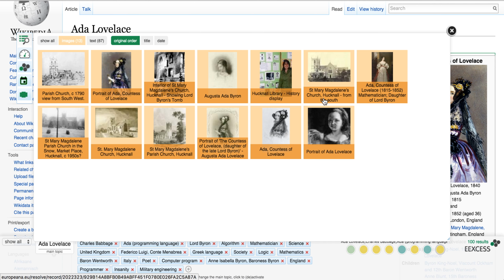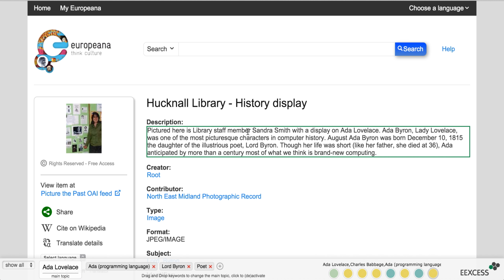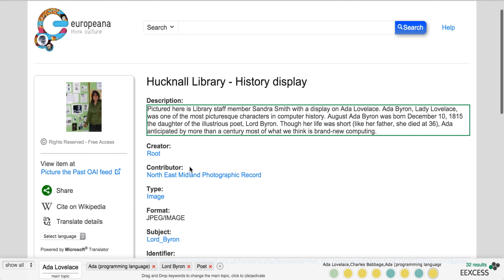For example, the question is, what is this image for, and why is the Hackney library recommended? And then clicking on an item, one is redirected to the original source or the aggregator of the item, in this case Europeana. And here we see that this is a picture of the library staff member Sandra Smith